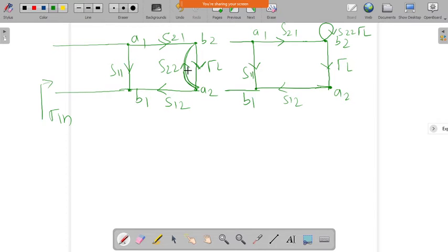Since this is actually a complete loop, this is nothing but a series section. If I have a series like this, we can multiply the branches, so S22 and gamma L. Since we are moving this branch to the same node B2, we have to multiply by gamma L. So this is the splitting rule. We can remove this branch and put it as a self loop by multiplying by gamma L.